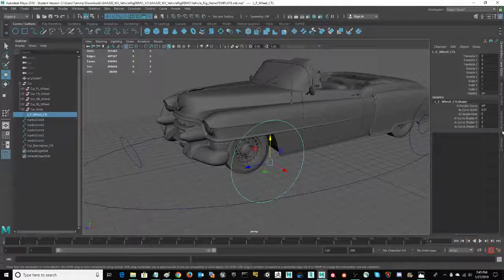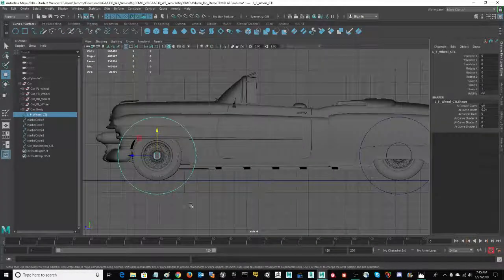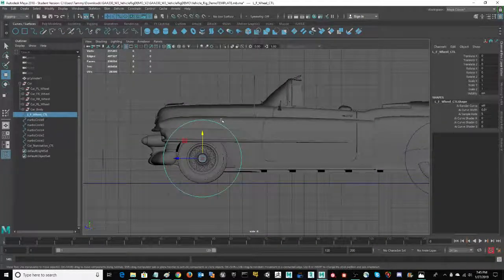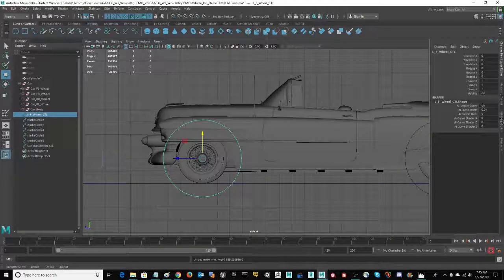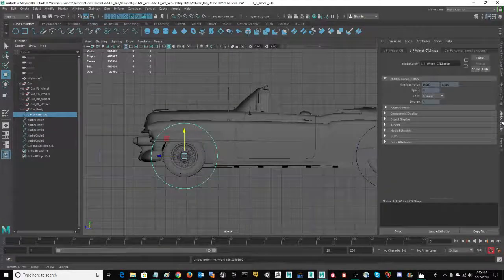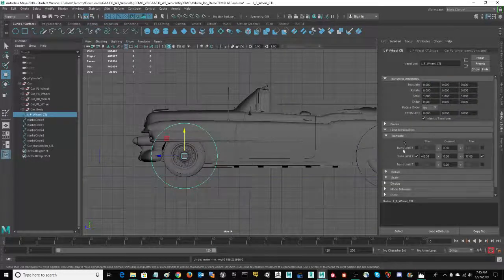And I also want to lock down any transform data that I don't want the animator to use. So first we're going to go ahead and tackle the amount of distance, and it feels like it's inherited a previous setting, so we're just going to take a look at that. In the attribute editor, second tab for the handle itself, we're going to go ahead to the first tab, and